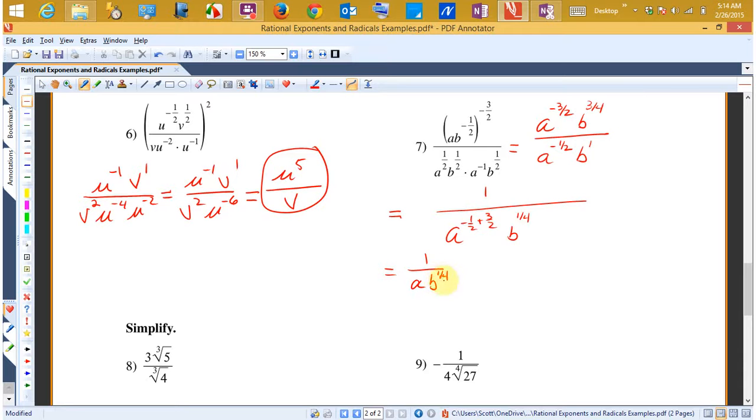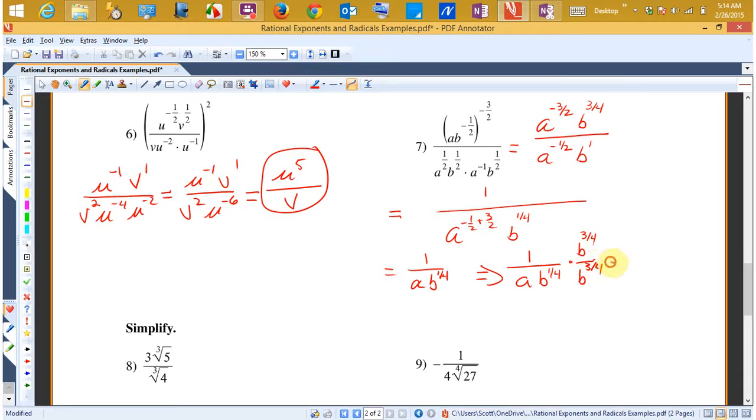So although this is the right answer, I'm going to rationalize the denominator to try to get that b to be b with a whole number power. So what I'm going to do next is, if I take 1 all over a b to the 1/4, I need to multiply by something that's going to make this b have an exponent that is like 1 or 2 or something like that. So if I take the top and the bottom times b to the 3/4 power,